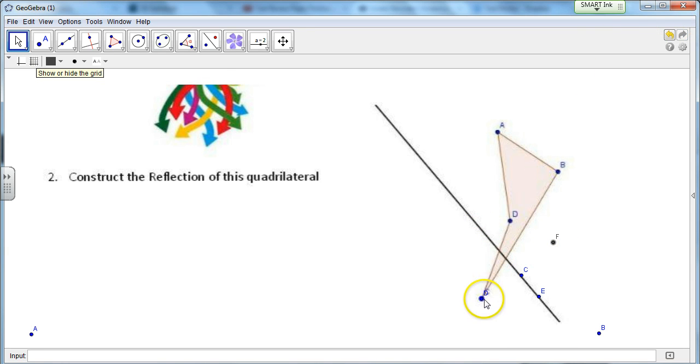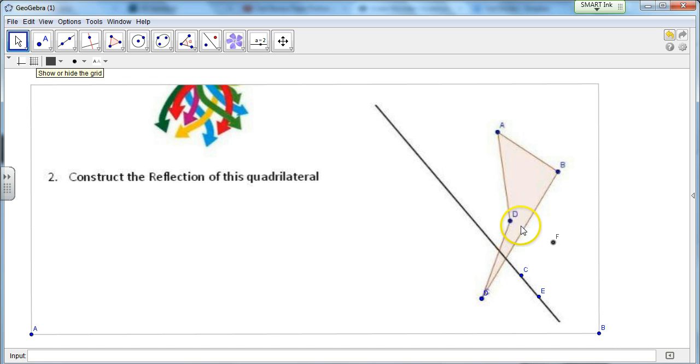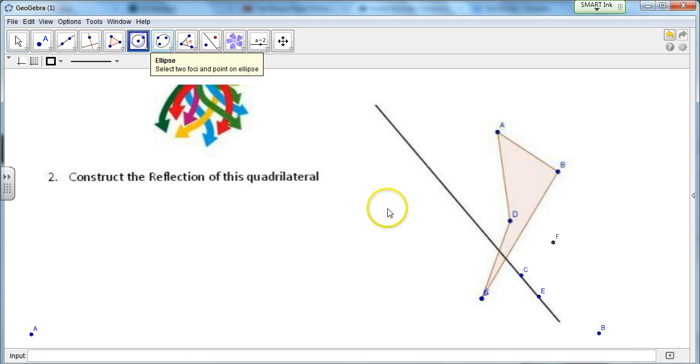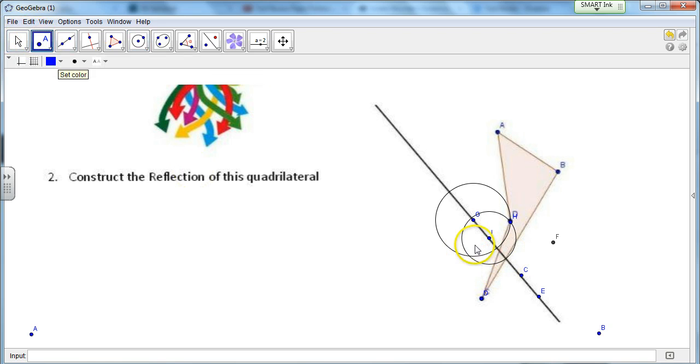And then F now is a reflection. It's this point's reflection. So now I'm going to reflect this point D by doing the exact same thing. I'm going to make a center on the line, go out to D, make another circle with a different center on the line, go out to D. Those intersections then become our reflection point. Okay, and we just continue that process